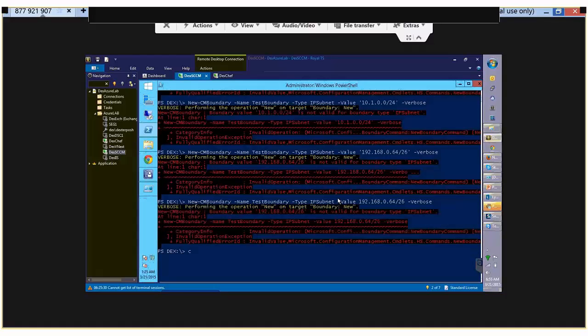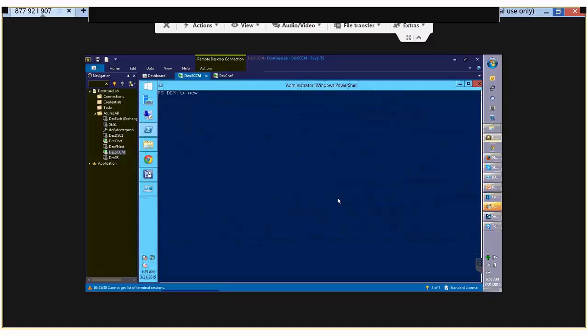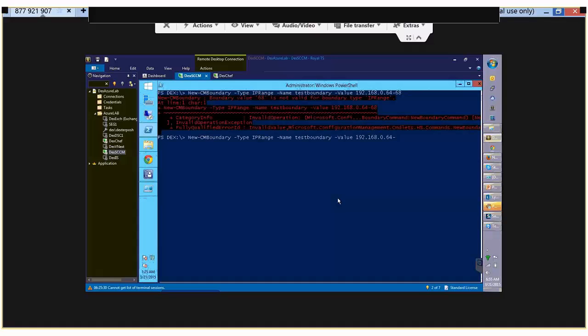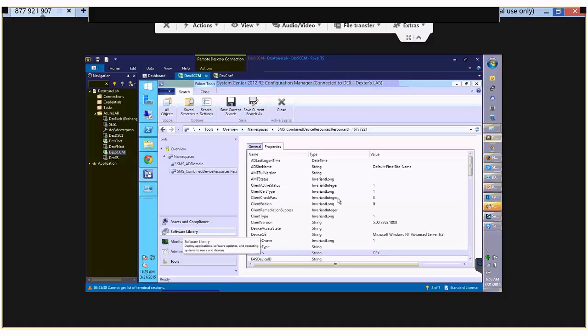Let me try to create a new CM boundary with -Type IPRange, -Name test boundary, -Value 192.168.0.68. Okay, finally. So if you make any changes on the Config Manager console and you immediately head over to your console and try to see those things,